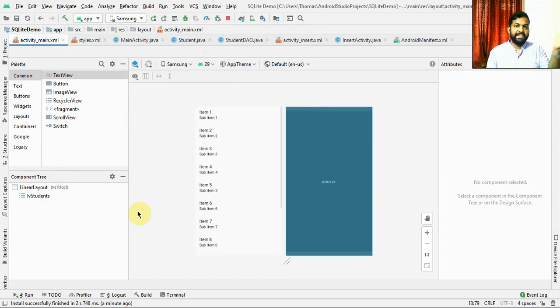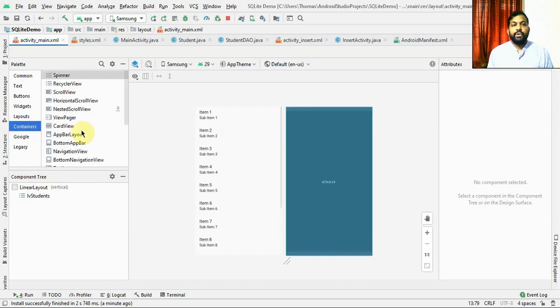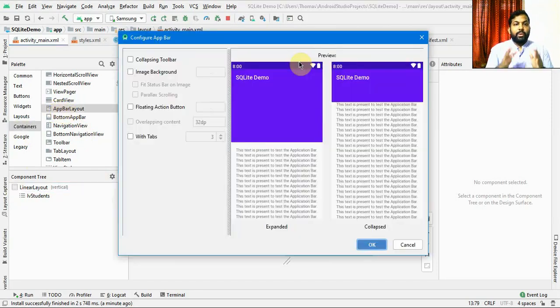All these things can be put separately also, but there is a layout which can help us do all these things in one shot. Please go to containers and look for a control called app bar layout. Okay, so let's just drag this and put it into our project. What you see here is the configuring app bar